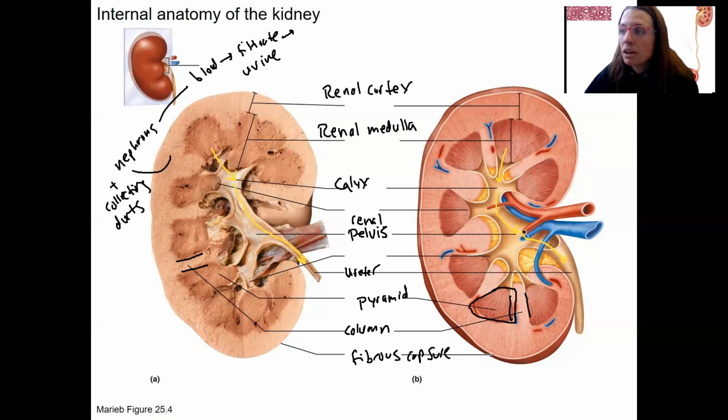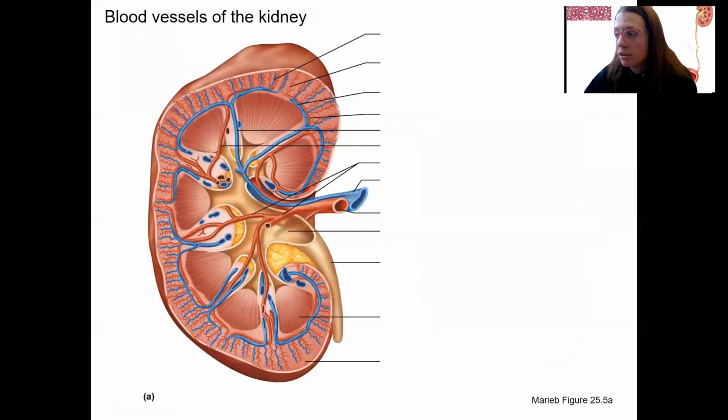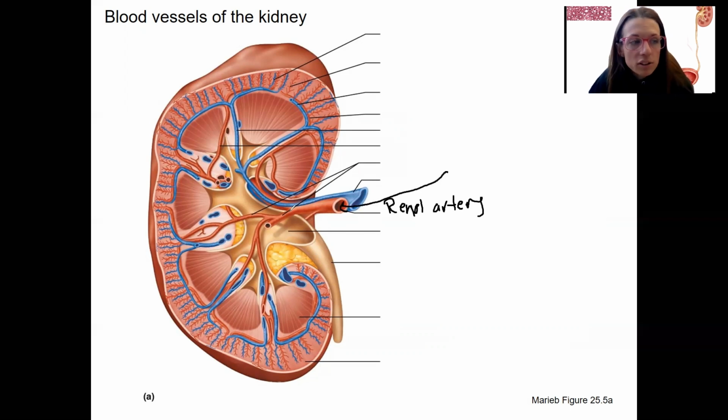The last thing for this gross anatomy is blood flow. This is going to be important when we talk about nephrons. I'm actually going to show you a nephron in just a minute here. I don't expect you to know everything I'm going to go over. I'll show you in the key terms which things. So we've got blood coming in from the renal artery. Nice, simple name there. That's where blood comes in, initially from the aorta. That blood is going to continue and divide here. Here's our segmental arteries. Those are going to divide into arteries that go into each lobe. So like here, here. So these are the interlobar